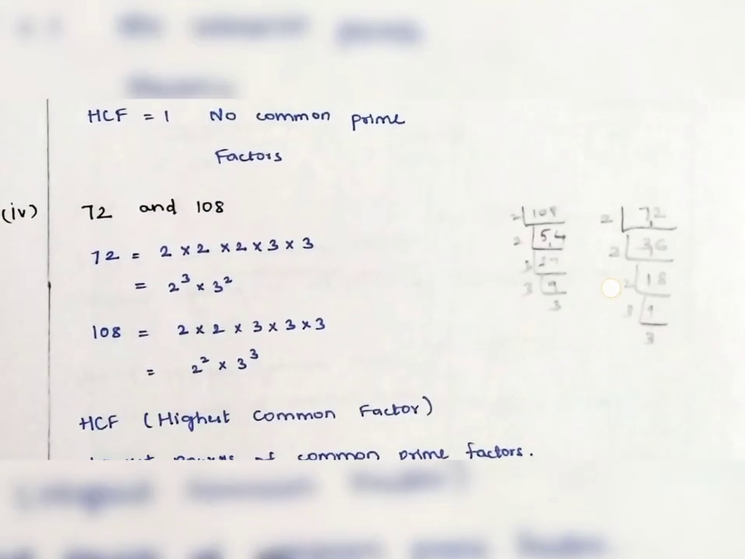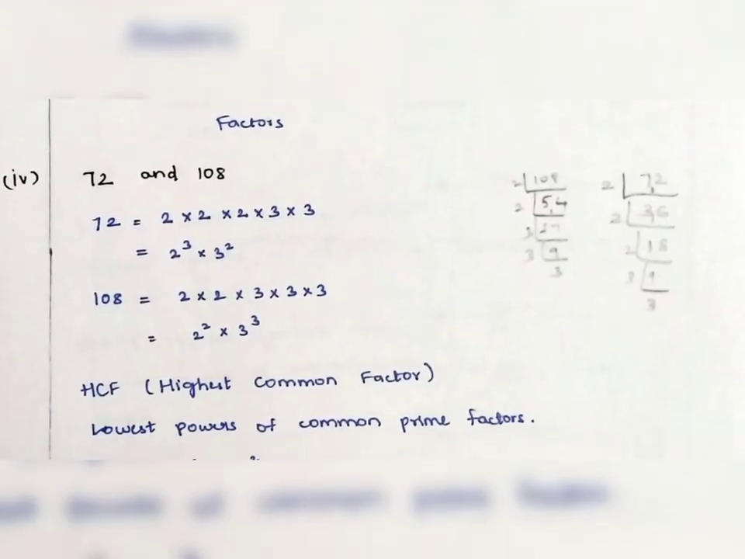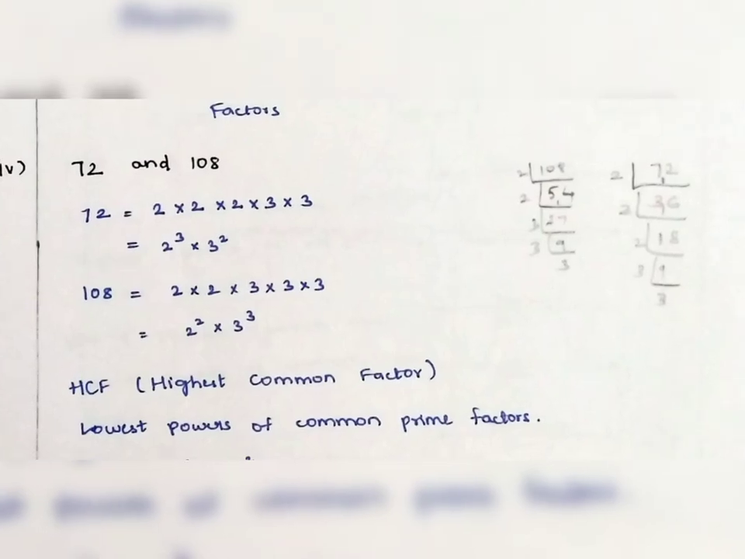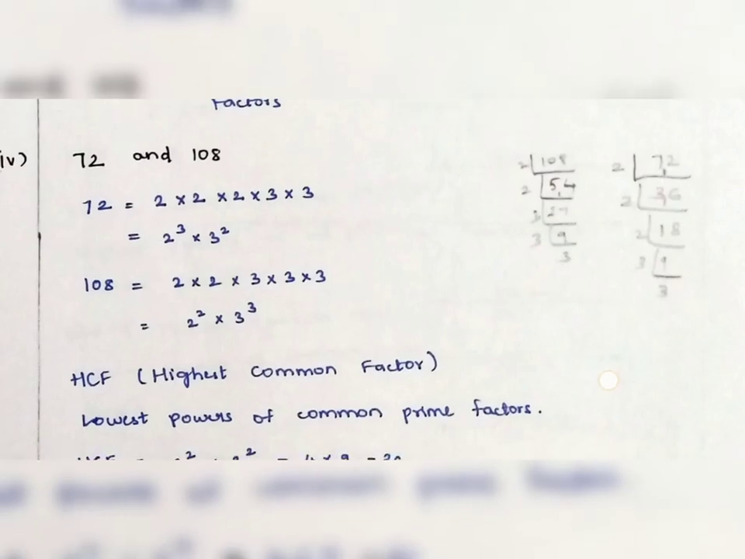Next, coming to the fourth one, that is 72 and 108. 72 is equal to 2 into 2 into 2 into 3 into 3, that is 2 cube into 3 square. For 108 it will be 2 into 2 into 3 into 3 into 3, 2 square into 3 cube. Here